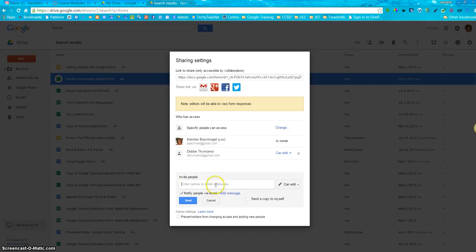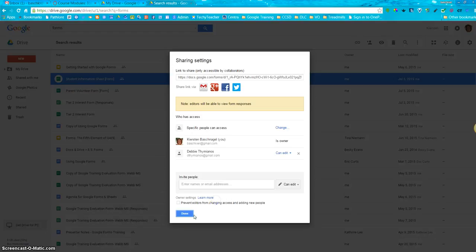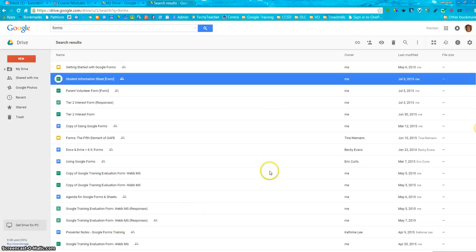So once you add in the email address, you can have it notify them via email as well, so that makes it easier for them to access the file. As you can see, I have this one shared with another teacher. You click Send, and then once the teacher that you want to share it with gets access to it,